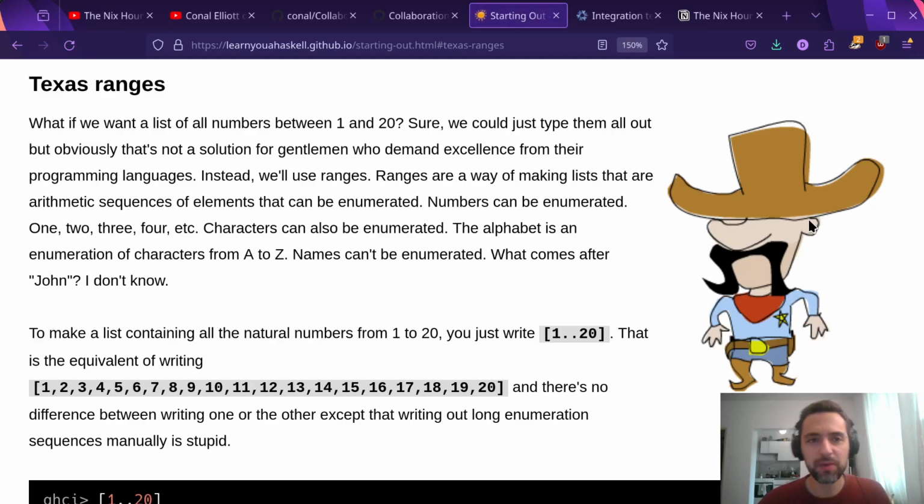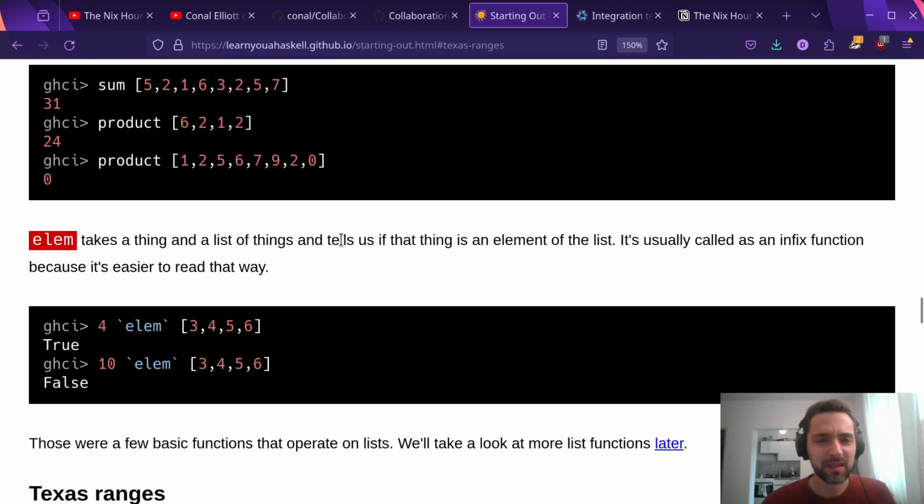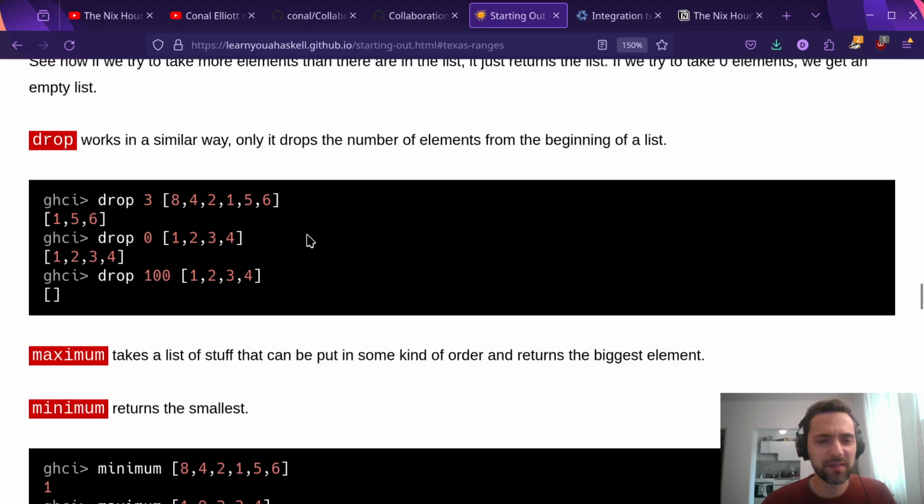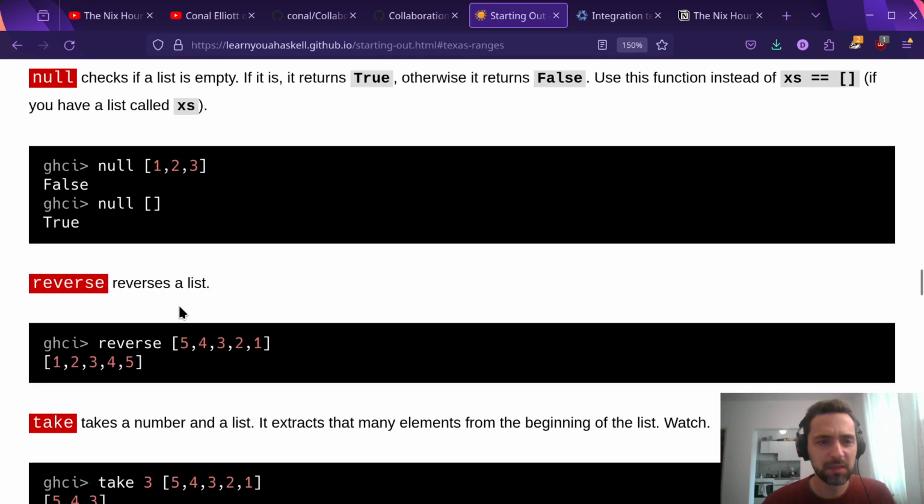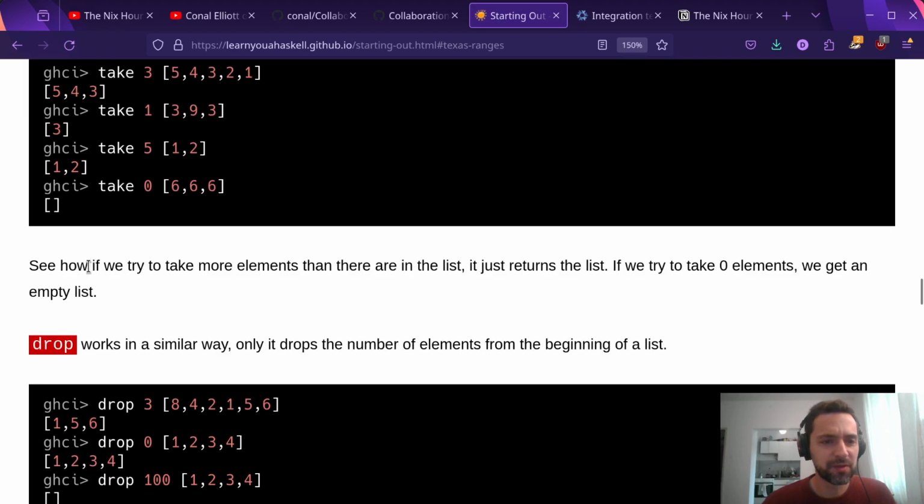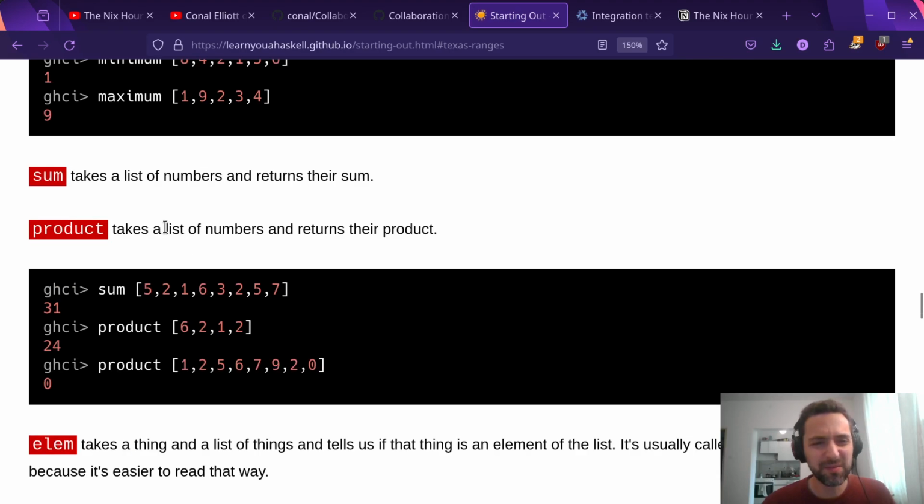Hello, and today we're going to do Texas ranges. Welcome to Haskell. So it's been interesting so far on the value level. On the value level, yeah. All this stuff that we did, and I guess if you don't really practice it, you forget it. The drop, the null, reverse, take, all of these kind of imperative-like